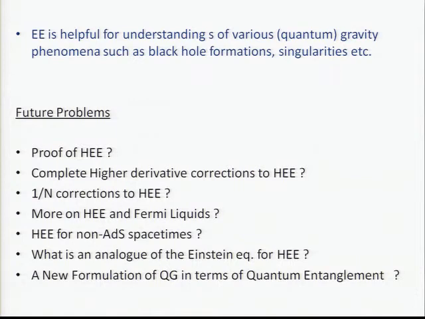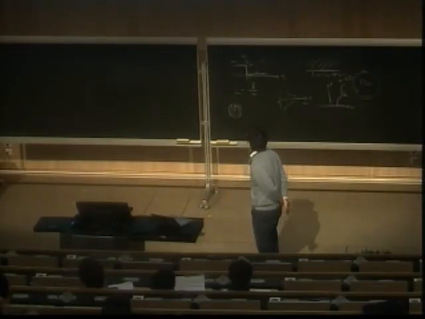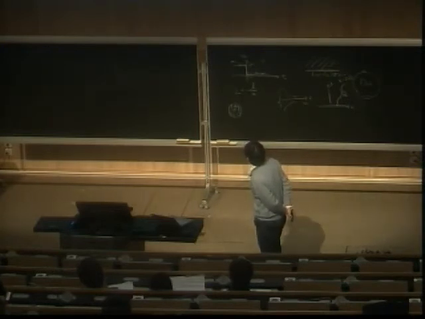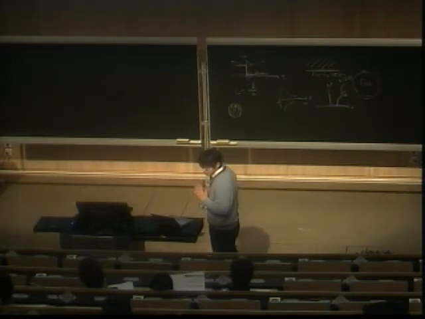And I listed future problems. Some proof of this holographic entanglement entropy formula, the area formula, and higher derivative corrections and quantum corrections are not completely understood yet, and hopefully in the future they will be. And also, we should understand more about the microscopic description of Fermi liquids or non-Fermi liquids in terms of the AdS/CFT correspondence. Also, generalization to non-AdS spacetimes where we have a mass gap or even change the asymptotic geometry. There, sometimes we break the area law, and understanding that is also very interesting.